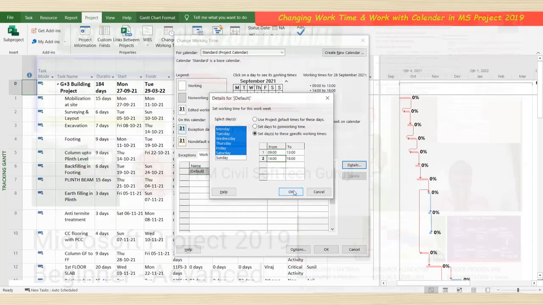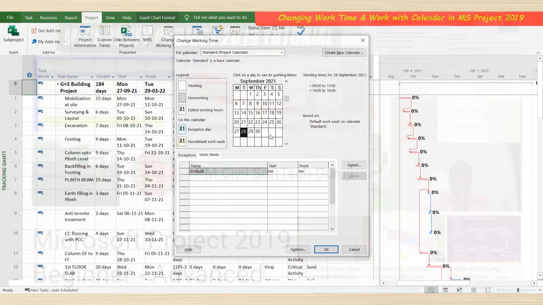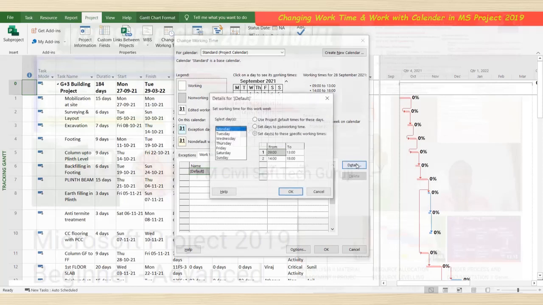So that will be it. Click here OK. Details. So for this Sunday, set days to non-working.